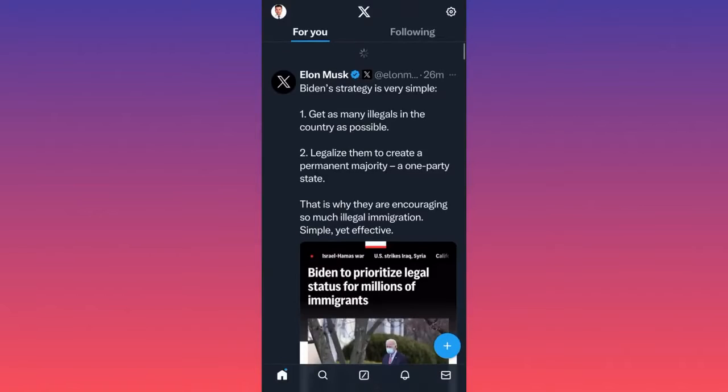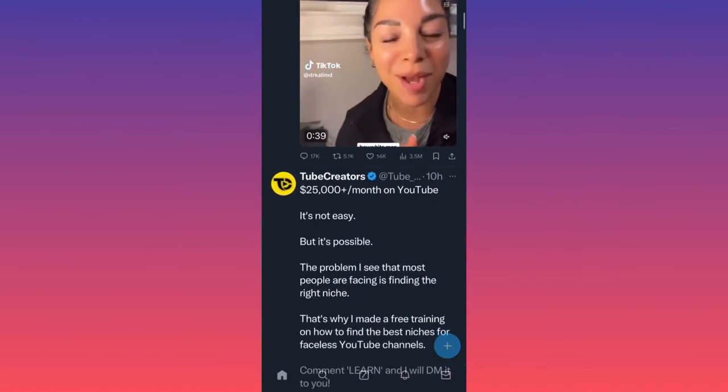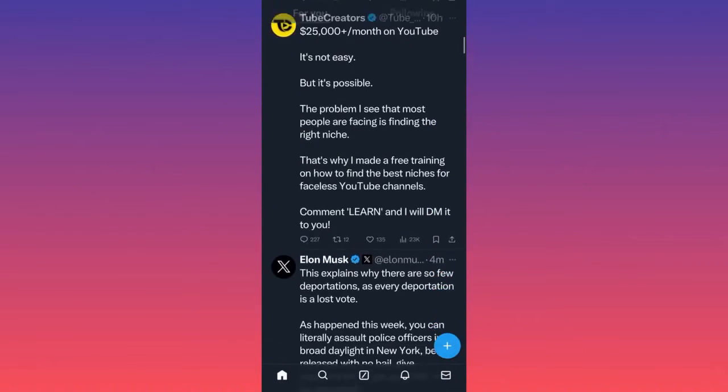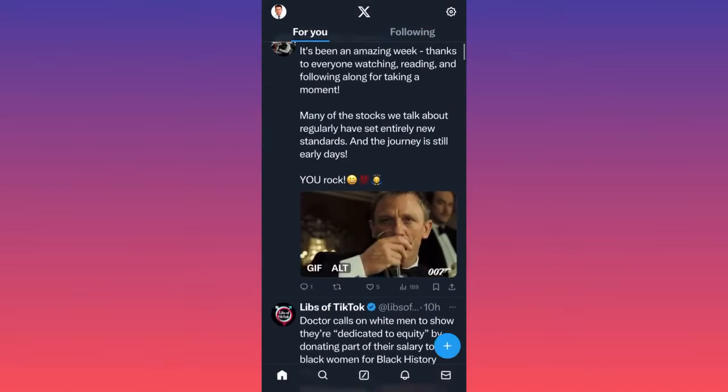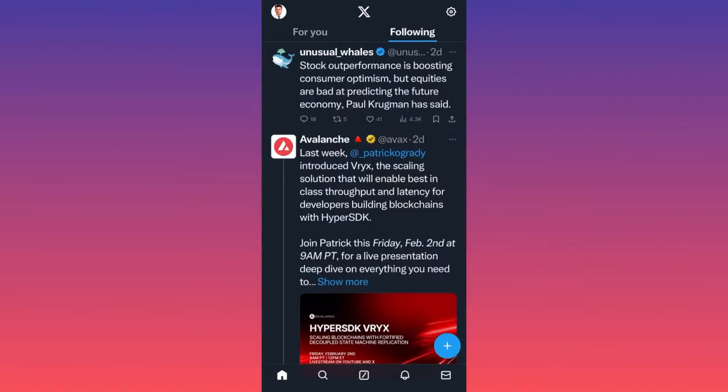So first thing, when you launch the actual Twitter app, guys, you want to highlight that the default feed first of all will be For You, as on every single social media. The For You page is basically a mix of people that you're following and things that you might like. As you can see over here, a bunch of content, a bunch of ads in between. So usually it's very busy. There are a lot of things that you should consider paying attention to, because if I scroll on the side, you will have all the following